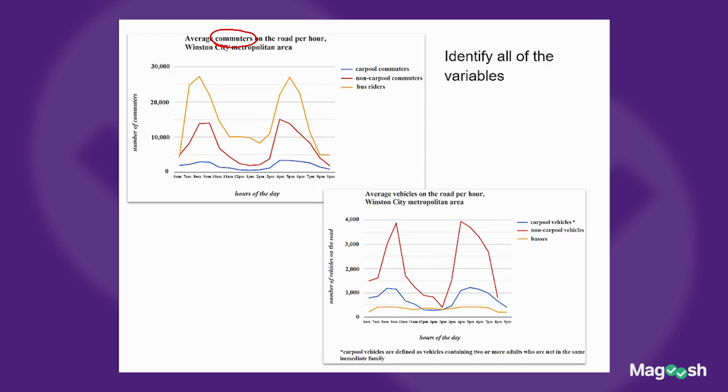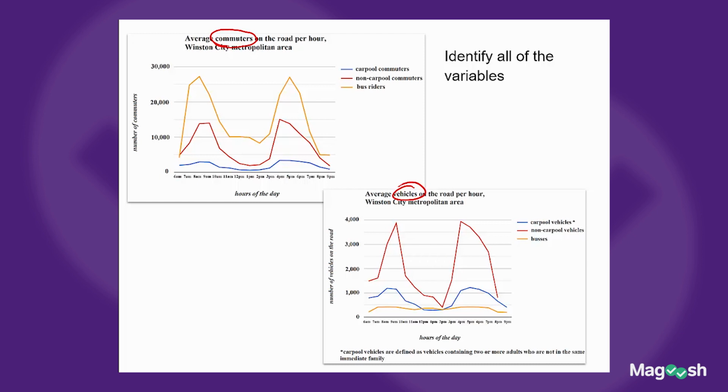So we're looking at the number of people in this case. That's different from the second graph because in the second graph, we're not thinking about people at all. We're thinking about vehicles. So in order to describe these visuals accurately in your response, you need to keep these things separate. We need to keep them organized in some way so that when we're responding about the first line graph, the one on the top,